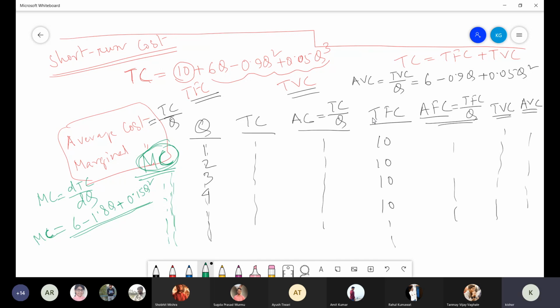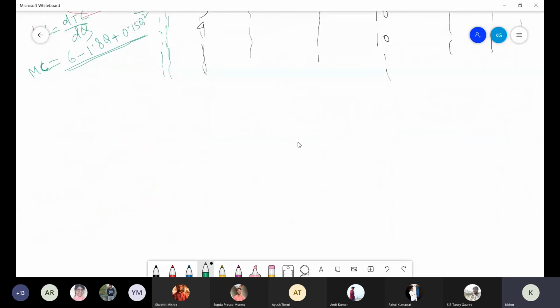Here, be careful with these two equations, because students usually make mistakes here. This is the AVC, this is MC. What mistake am I talking about? Suppose I ask you to calculate AVC, and students calculate AC. AC means average cost, dividing everything by Q. They are supposed to divide only the variable cost component in the short run. Be careful. So in a tabular form, you will find it. If you plot these values on graph paper, I'm quickly showing you.